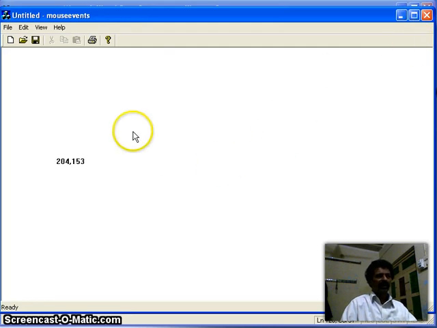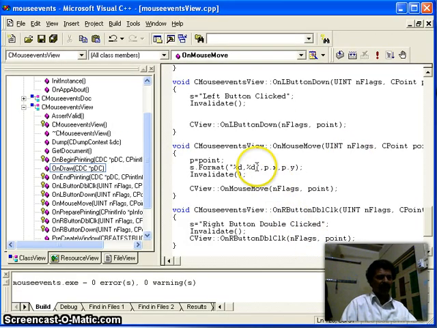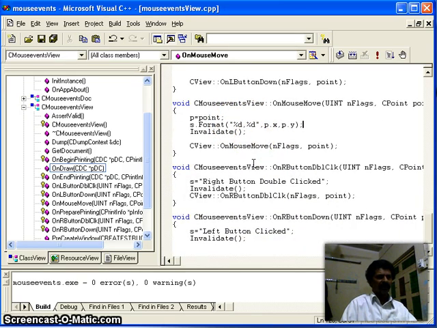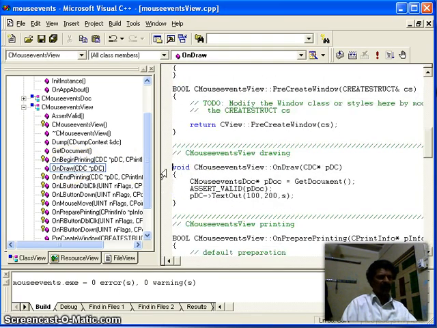Now instead of displaying these coordinates at this one place, if I want the coordinate to come wherever I go, then instead of 100, 100, what shall we use? We shall do this in the OnDraw function: instead of 100, 100, we shall use the point P dot X, comma, P dot Y, and you write this one. Okay, now again save everything, build and run it.